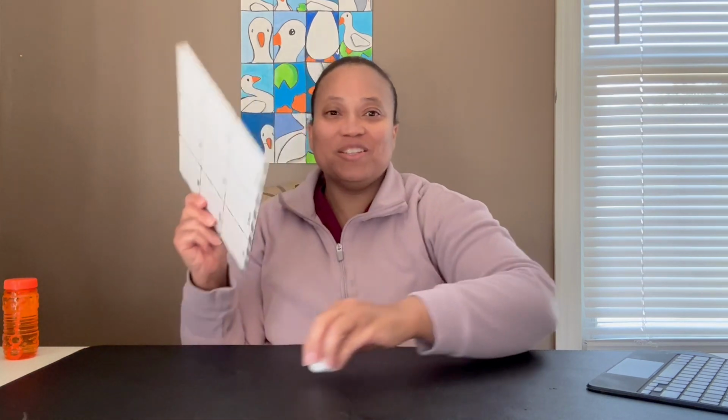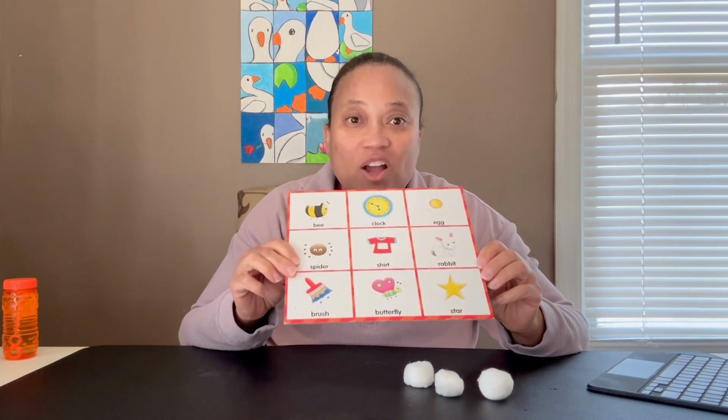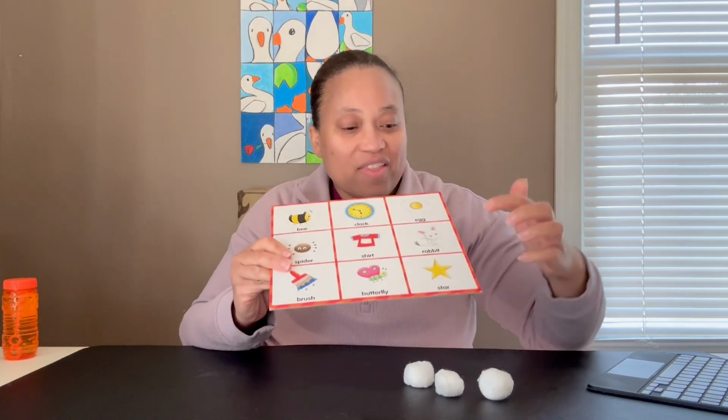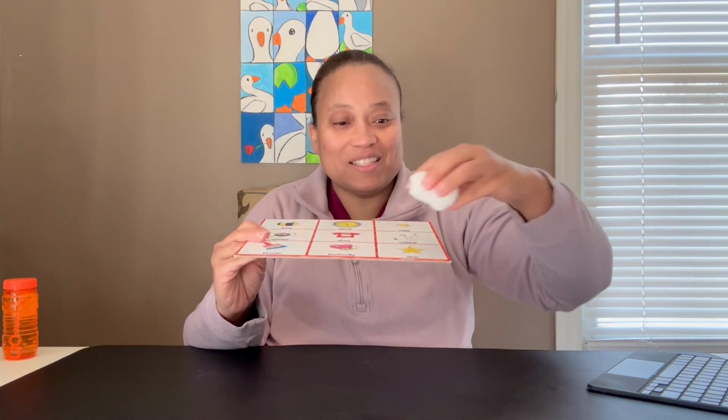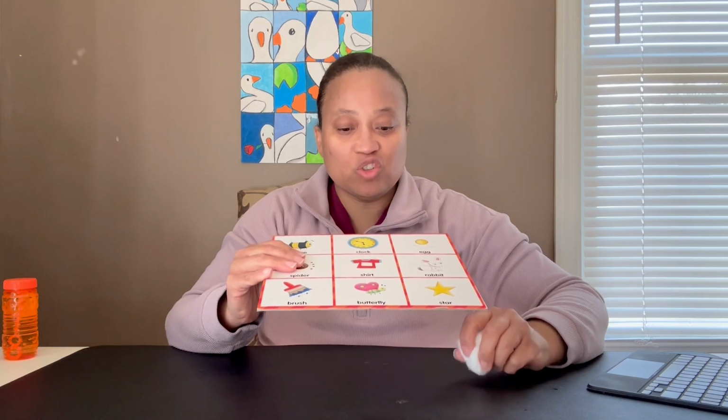Okay, another thing, I do have pictures on this, so it would be so awesome if we asked the child, can you find the star? And the child finds the star. Let's hide it. So we can hide it with the cotton ball. We could get a couple more. So again, we're just hiding that star picture. And then we can ask the child, can you blow it away? So this is a fun way to use pictures,